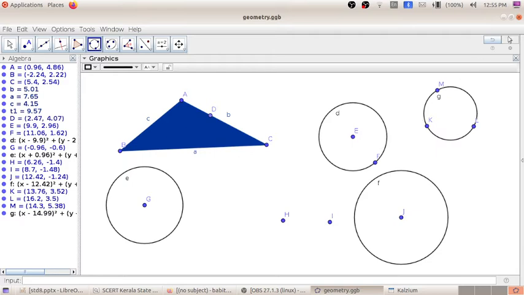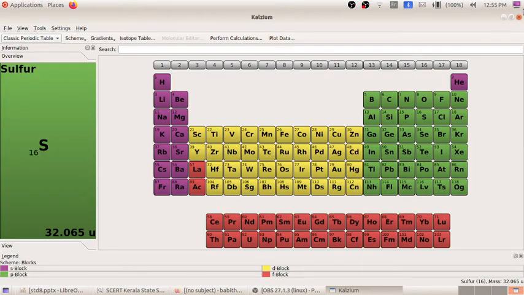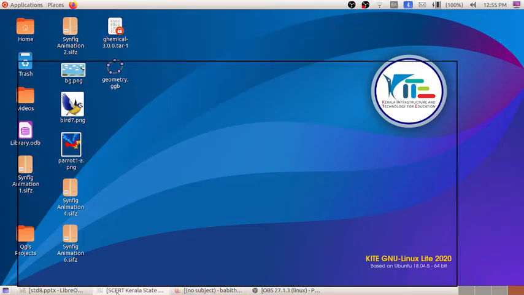Okay, so I will be closing this window. This window also I will be closing. So here you can see